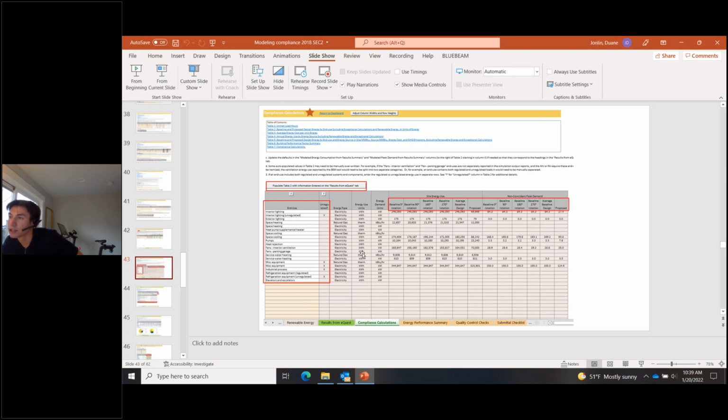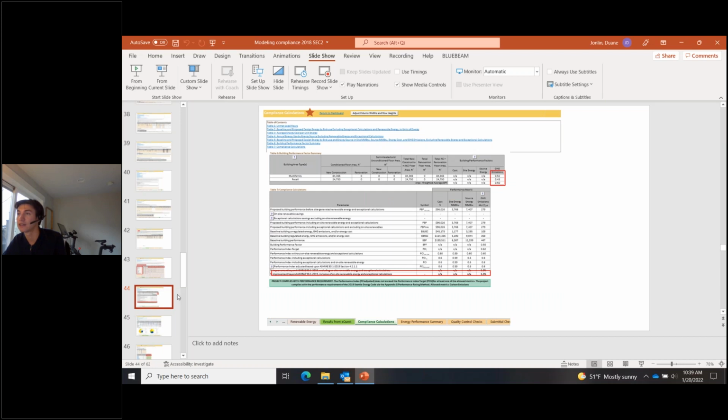You've got some energy units, and then you input your baseline and proposed energy, and then your baseline and proposed demand. Once you get all that information in, you either import it from the eQuest tab or you manually put it in. You'll scroll down the page. It's doing a bunch of calculations, but you'll get to the bottom and it will have this building performance factor summary. This is where it's looking back to that initial general information setup tab, at the building types and building areas. And then it's going to pull a building performance factor in the emissions column.